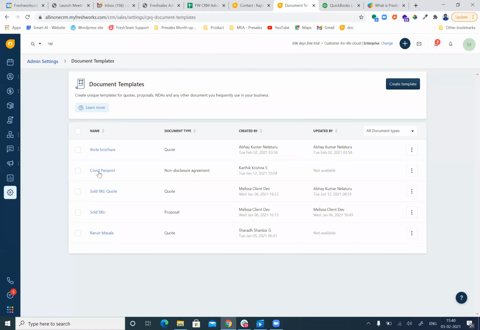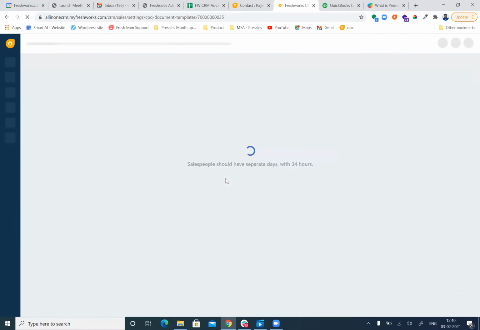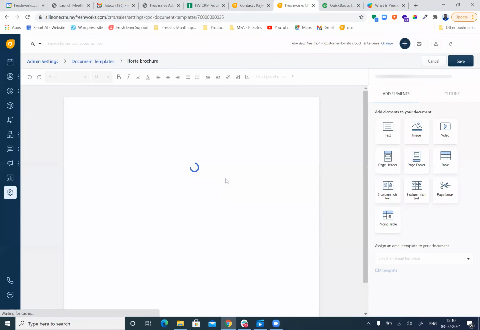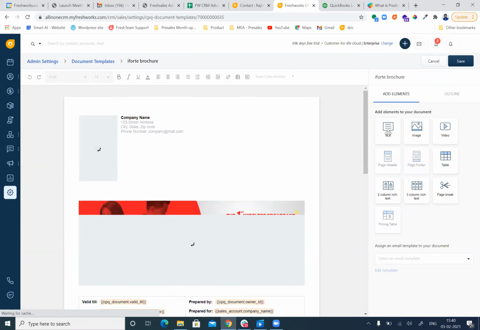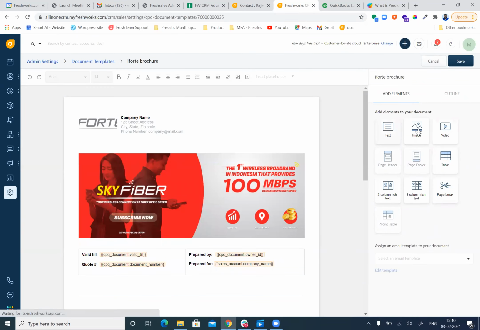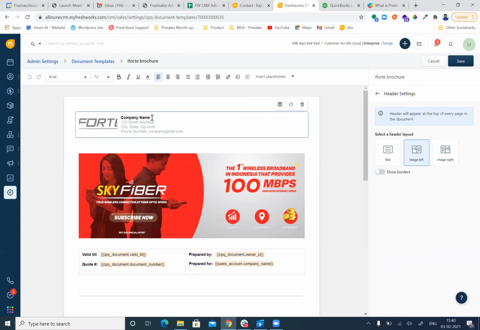Once you open that, you have the options to edit, create, or design your own template within the CRM itself. You can see a few elements on the right-hand side. These are all drag and drop options. You can simply drag and drop, and update your content in the document section.